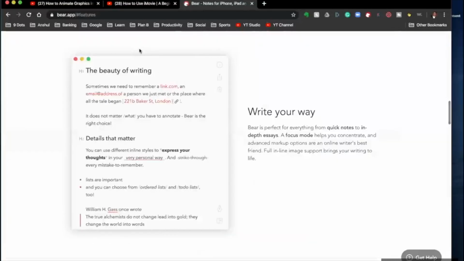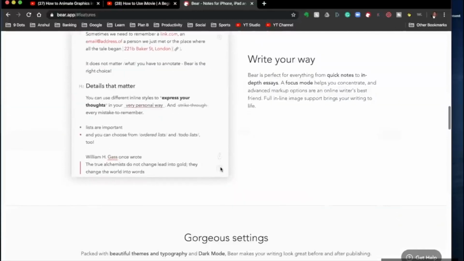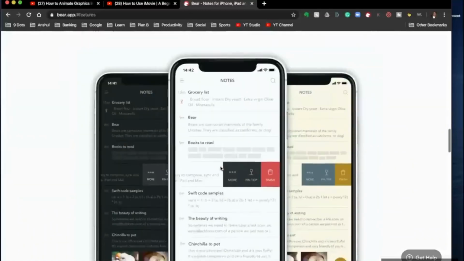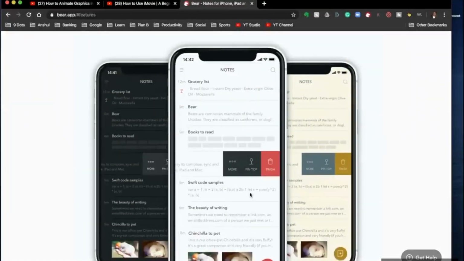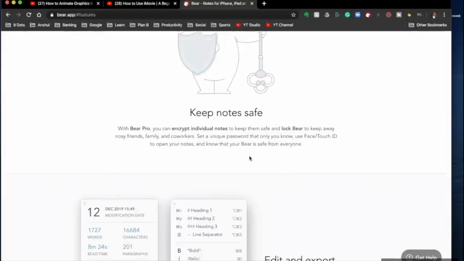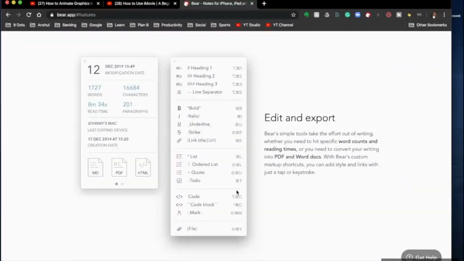Quick few things over here. From the features standpoint, like I mentioned, it's a beautiful and gorgeous app, and its interface is very nice. They have various different backgrounds which you can change over here. They are limited to those backgrounds in the free version, but in the pro version, everything is available. And at the end of this tutorial, I'm going to talk to you about different pricing options also. You can encrypt the notes in the pro version, and there are various different editing tools. The good part is they are all in Markdown capabilities.